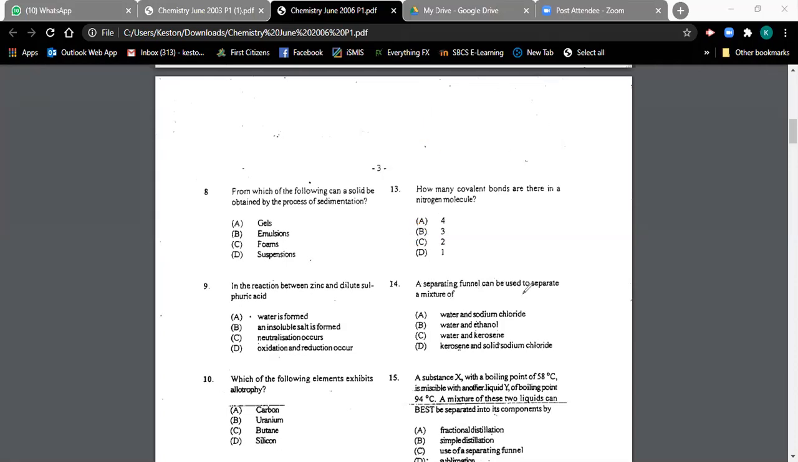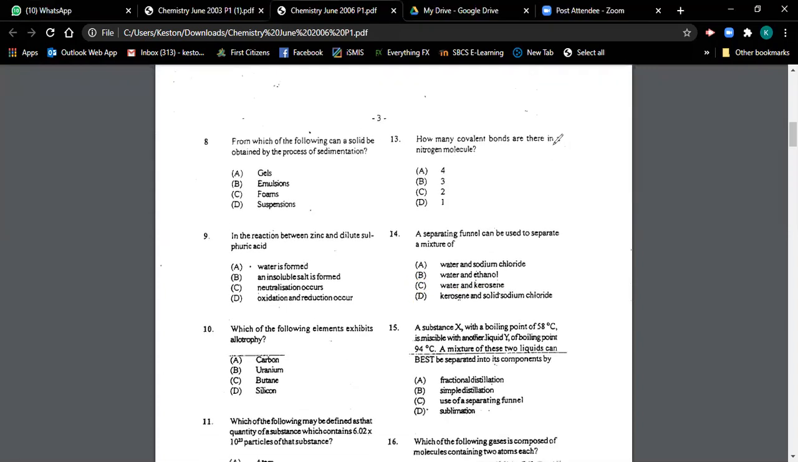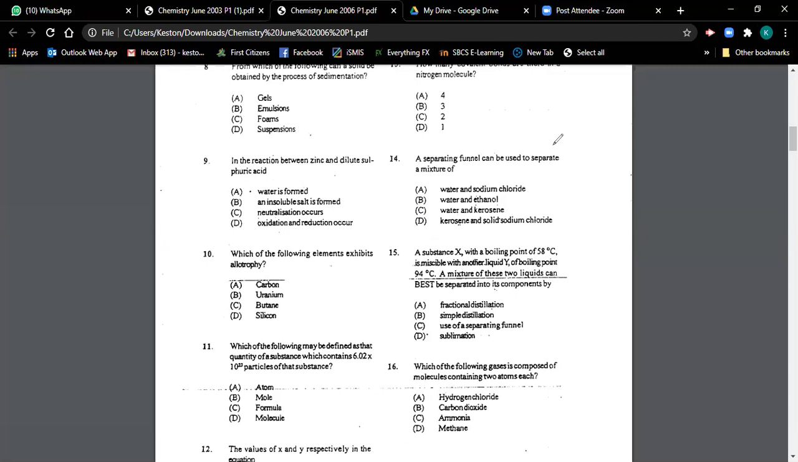14, a separating funnel can be used to separate a mixture of... separating funnel. Yep, that's correct. Water and kerosene, oil and water. 15, a substance X with a boiling point of 58 degrees is miscible with another liquid Y of boiling point 94 degrees. A mixture of these liquids can best be separated into its components by